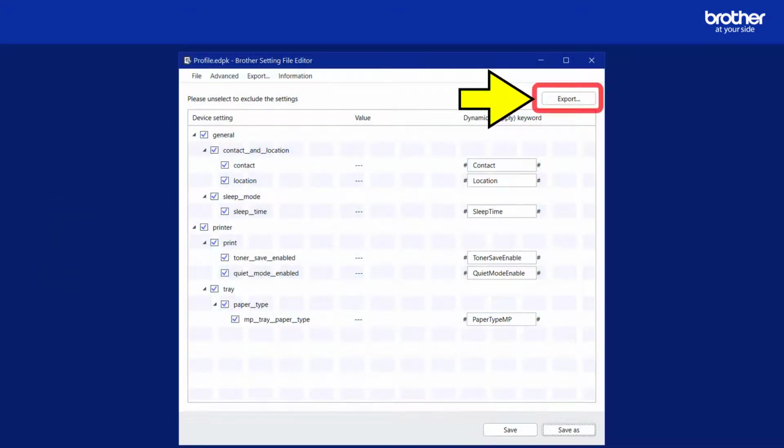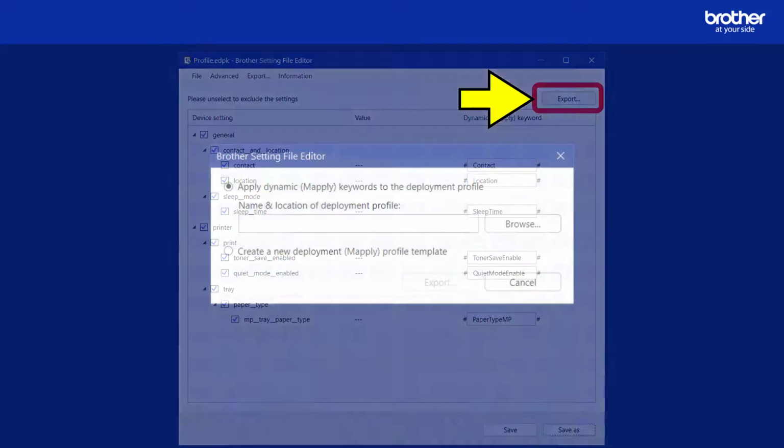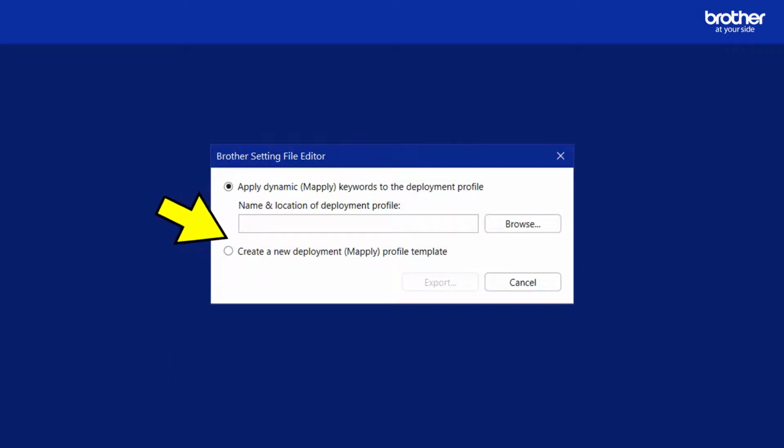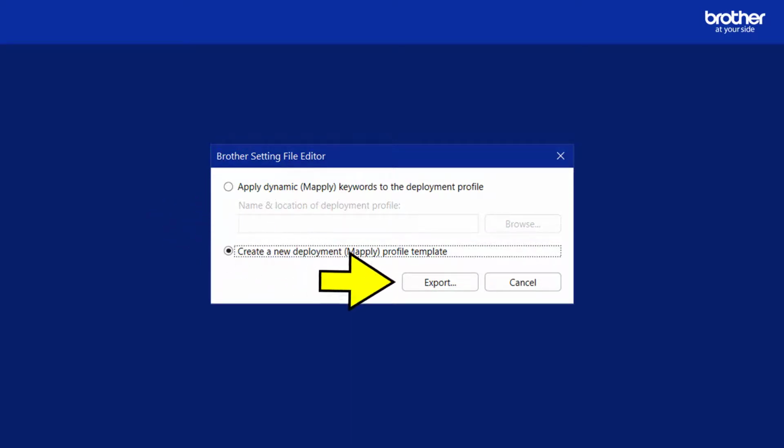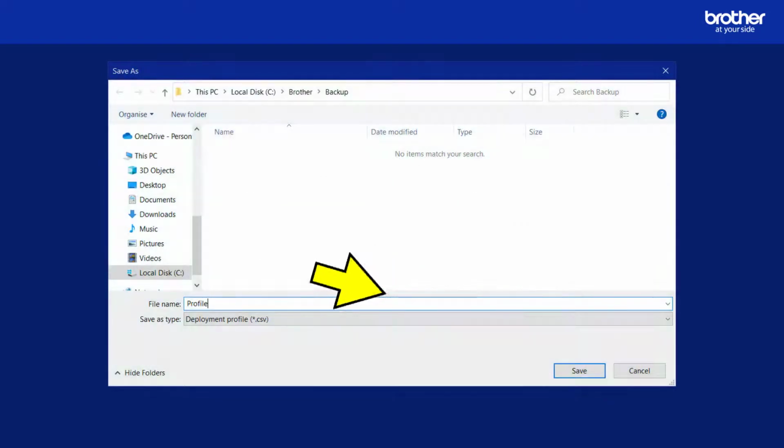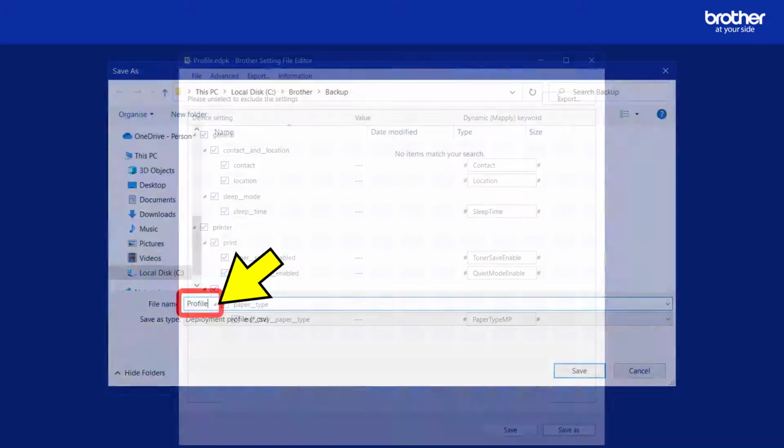To do this, I needed to click the Export button from the Brother Setting File Editor utility and click the Create a New Deployment Maply Profile Template option. After clicking the Export button, I named it Profile and saved it into the same location as the settings file.